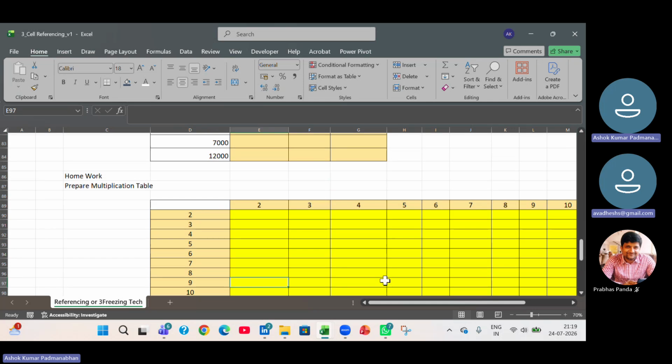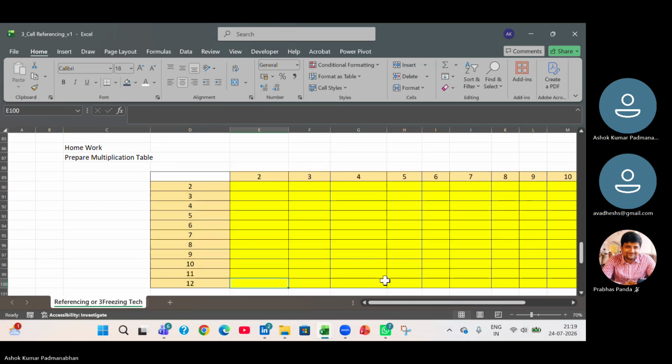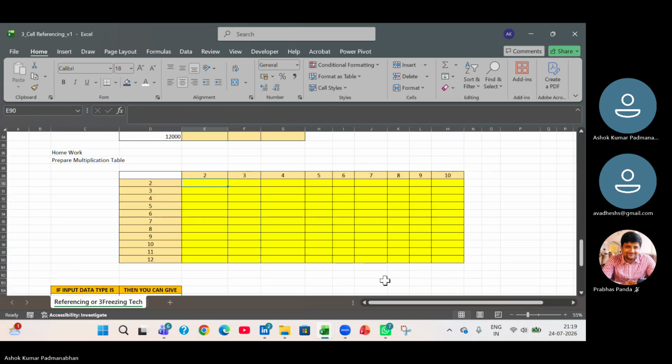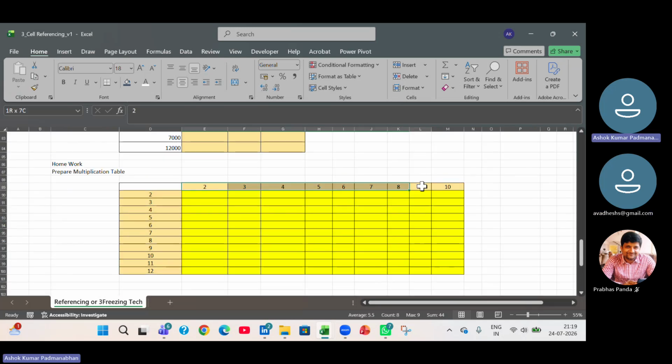Can you do this exercise, multiplication table, at the bottom? Now you can see here, I need to print 2 table to 10 table, 2 times to 12 times I need to print. Multiplication of 2 into 2, 2 into 3, 2 into 4, 2 into 5, 2 into 6, 2 into 7, is equal to